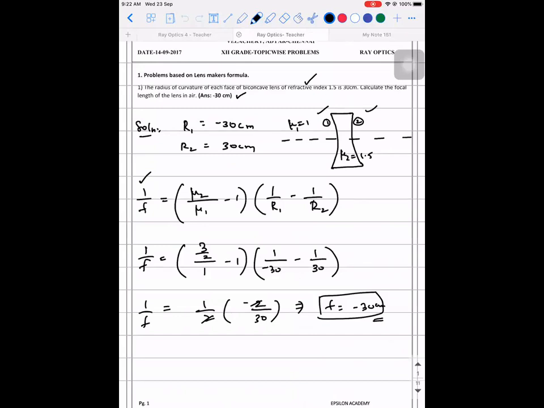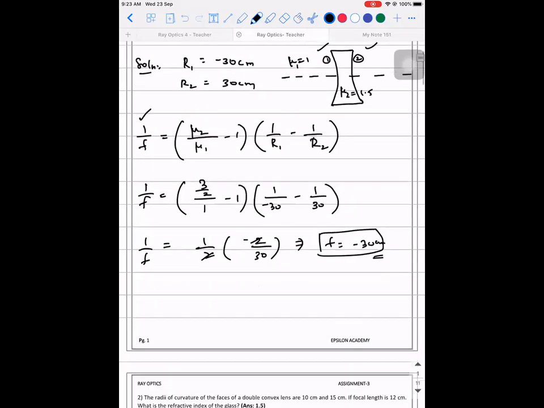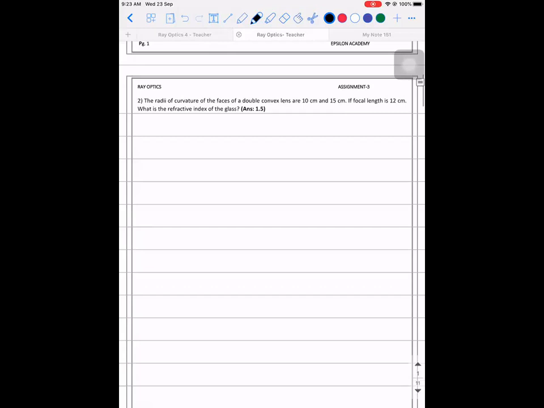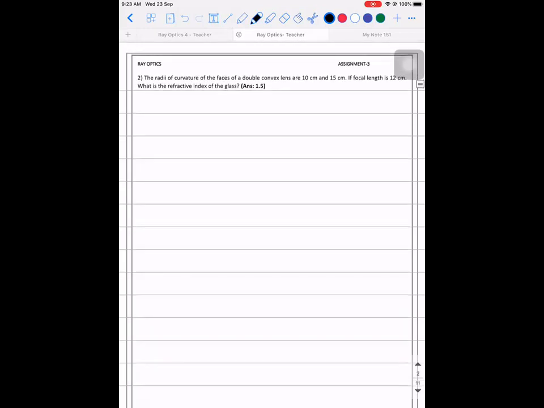So as far as your syllabus is concerned, by default, whatever question they ask you with respect to lens, it is thin lens only. That's why you're able to use 1 by v minus 1 by u is equal to 1 by f. But here, they told it's a biconcave lens. They never told whether it is a thin lens or a thick lens. Sometimes when you do the problem, you might get this doubt: how is the focal length coming out to be the radius of curvature? We learned it as r by 2. The doubt will arise, so have this in your mind. f is equal to r by 2 only for a thin lens. I hope I'm clear.